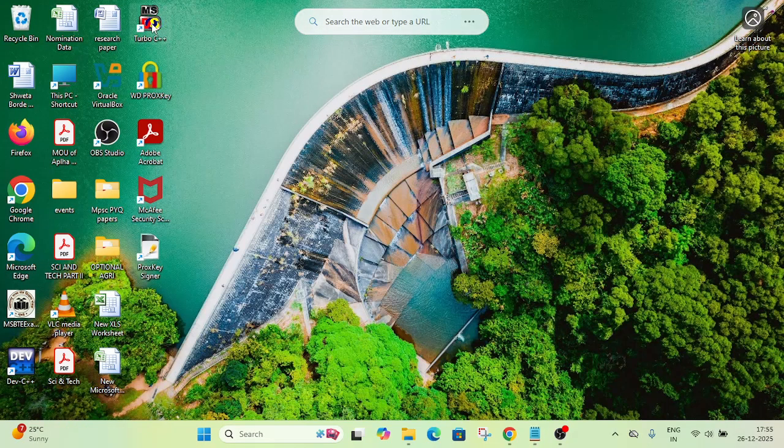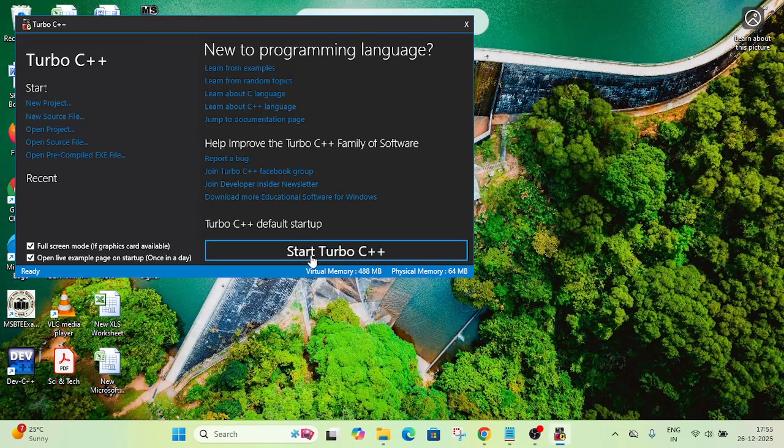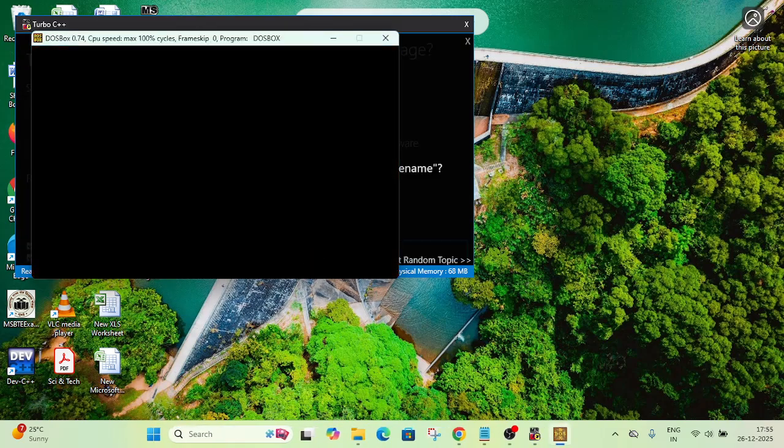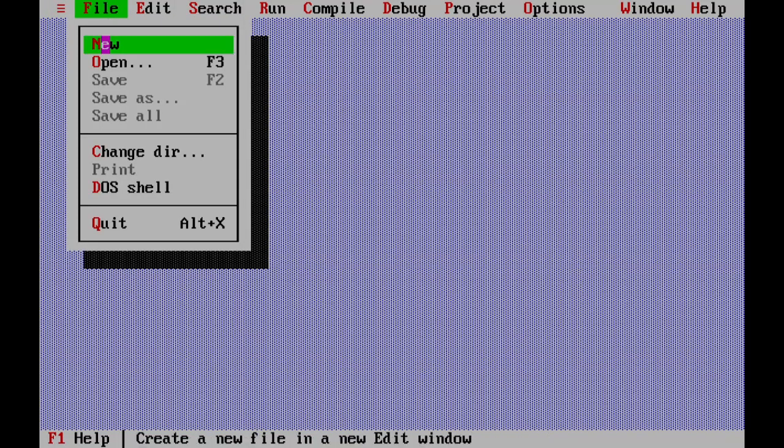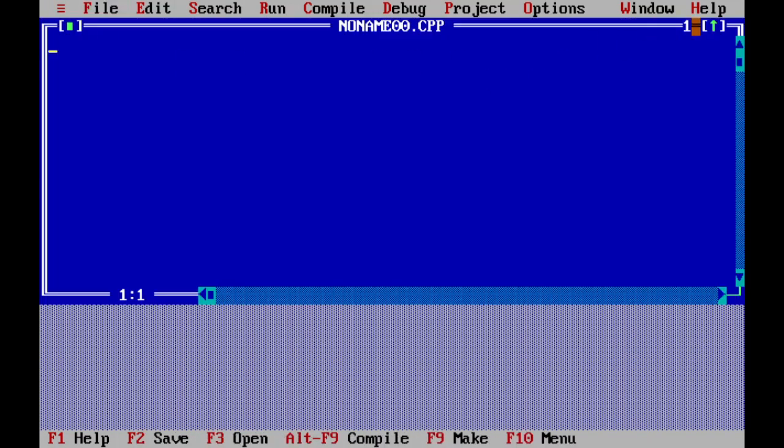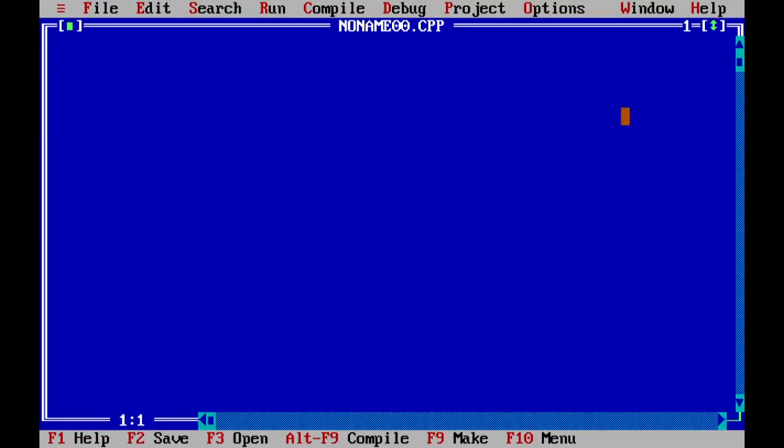Open Turbo C3, start Turbo C++, create a new file, include header files. #include stdio.h, #include conio.h, #include